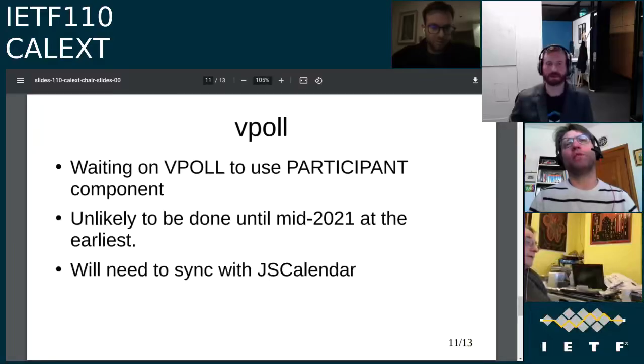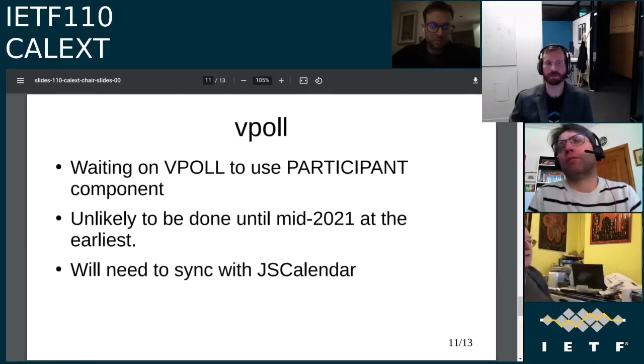I'm wondering regarding JSCalendar, how much the discussion with the calendar user ID is affecting the VPOLL JSCalendar section. Only as much as the calendar user ID is the target for the way you send stuff.